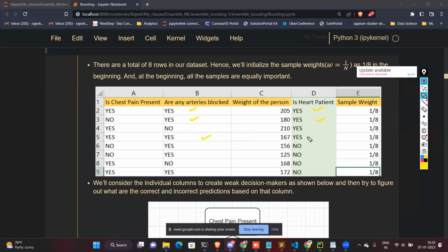This is artery blockage, and this is also heart disease. Three are there. Now coming to this portion, this is also artery blockage, but there is no heart disease. Similarly, four, this is also artery blockage, but no heart patient. Similarly, this also is there. You can see three patients have heart disease and three patients do not have heart disease, while having the artery